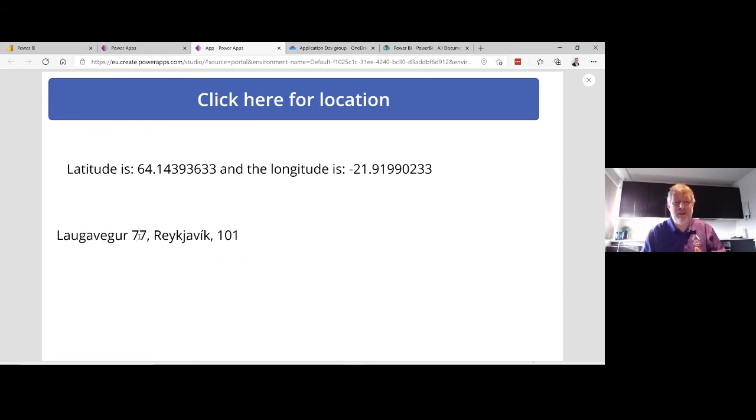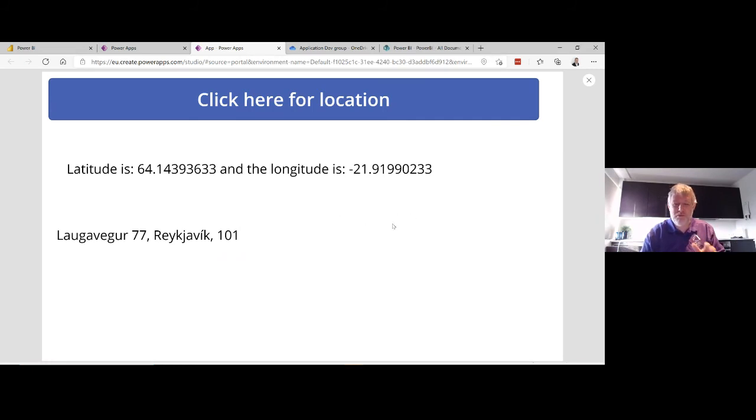So I'm actually at the address number 71, and the reason why it comes up as 77 is because my computer is connected to a network that has a location somewhere in 77, basically. So if you're running this on a computer, you might get incorrect results or very limited. I did this once at the Microsoft head offices here in Iceland, and I ran this, and it came up with an address in Ireland. I was very surprised, but the reason was because they were VPN'd into their network in Ireland, because the regional office is in Ireland.